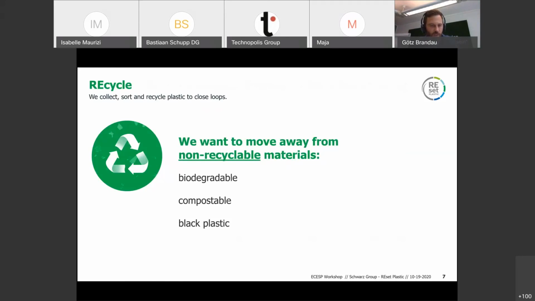These types of materials do have their advantages, for example, when biodegradable or compostable packaging is littered into the environment. But we want to optimize our packaging for recycling and for circularity and not for littering. So one of the conclusions for the moment is that in our packaging we would like to avoid these types of materials. Black plastics is another example, quite well known as a type of plastic application that is difficult to recycle. We're currently working with our suppliers to phase out the black plastics where possible.